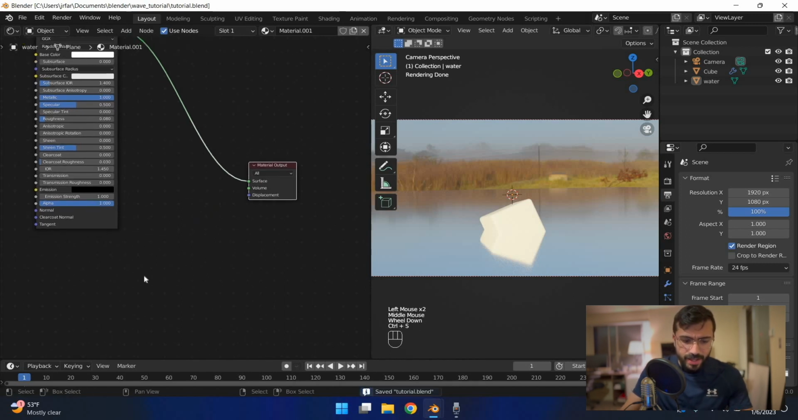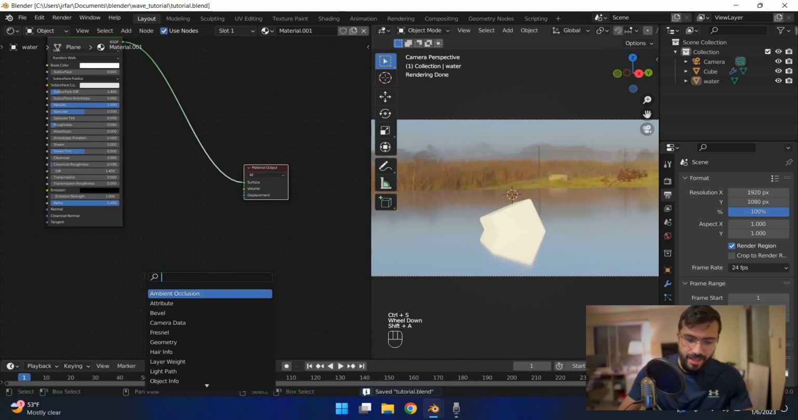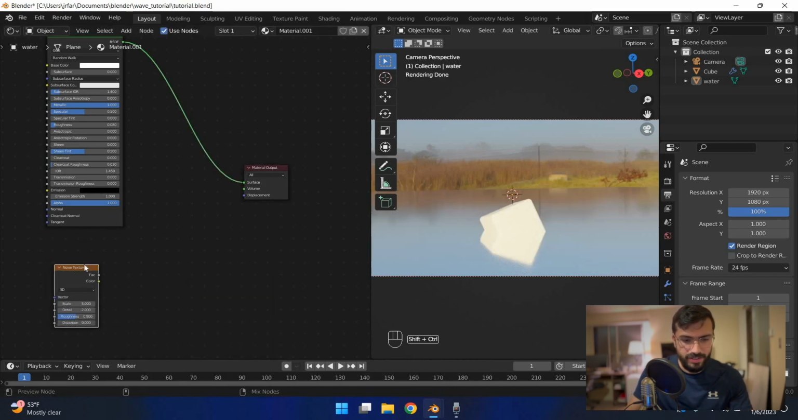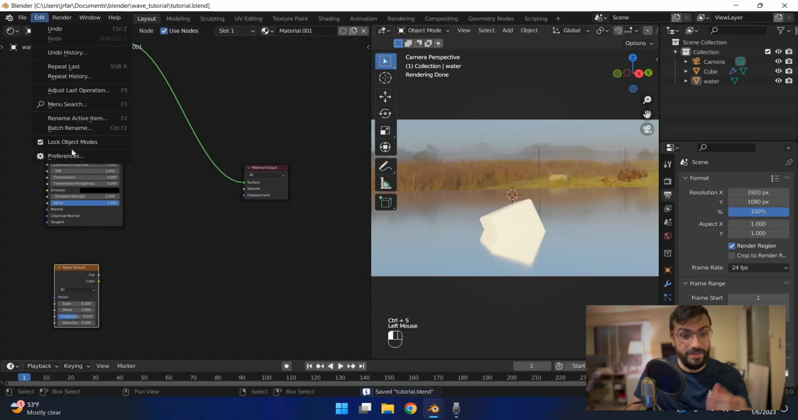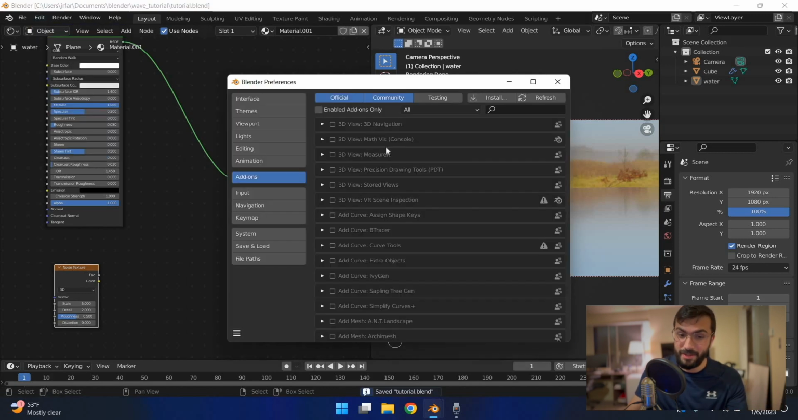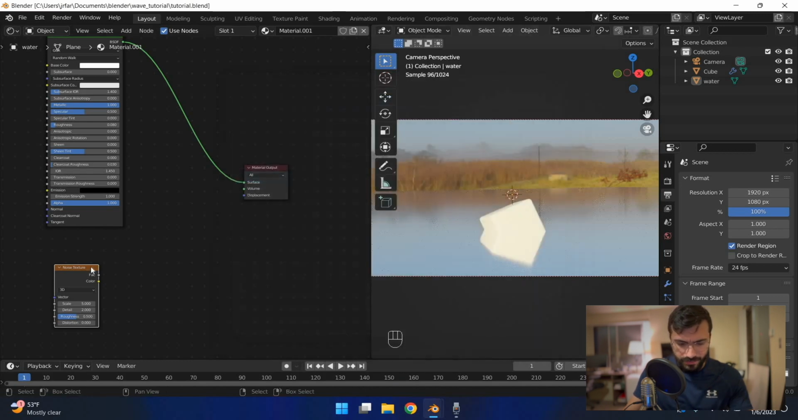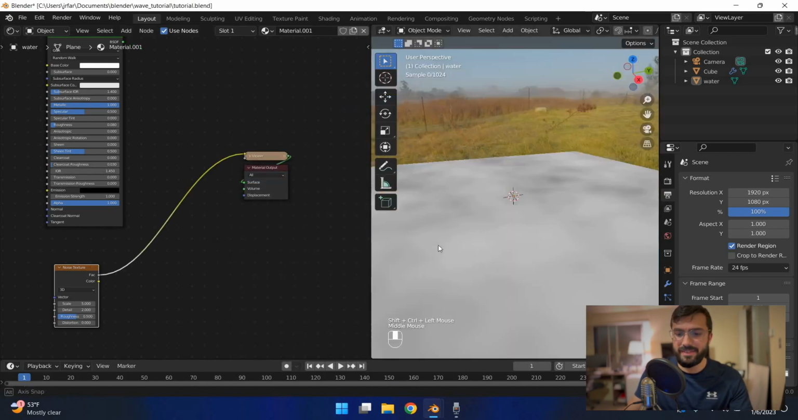So what we're going to do is hit Shift A, and we're going to add a noise texture. Actually, make sure you have the Node Wrangler add-on enabled, which will allow you to use nice shortcuts like Control Shift click. So if you go to Edit, Preferences, and then under Add-ons search for Node Wrangler, make sure Node Wrangler is checked off. So if you Control Shift click on the noise texture, we can see what it gives us,